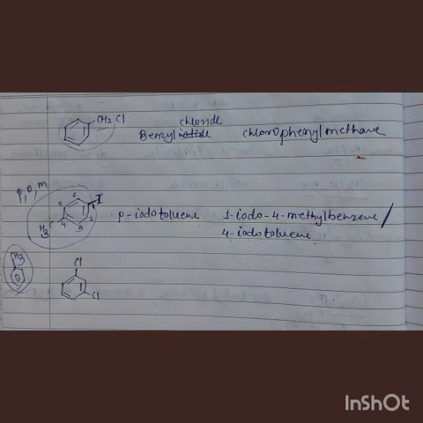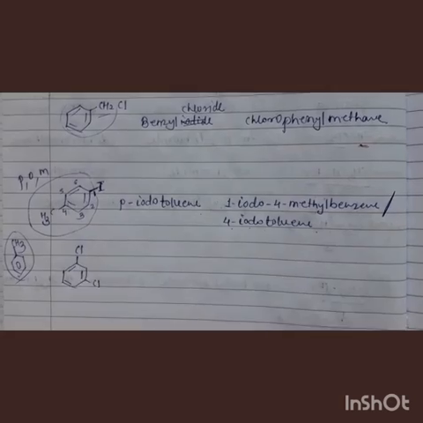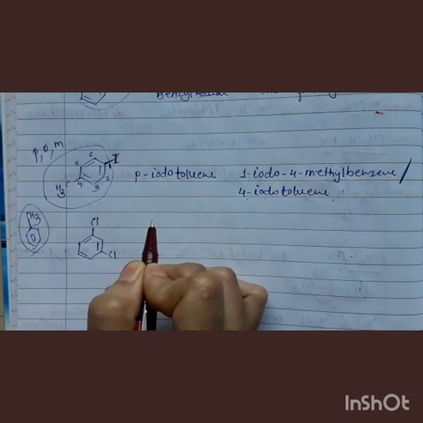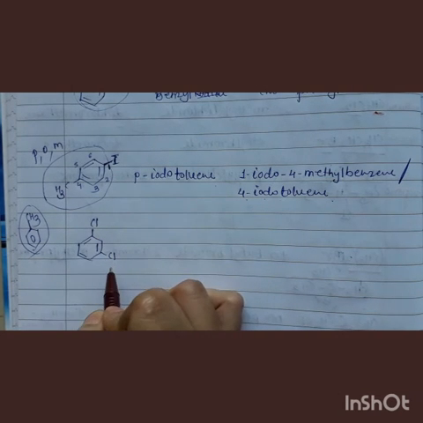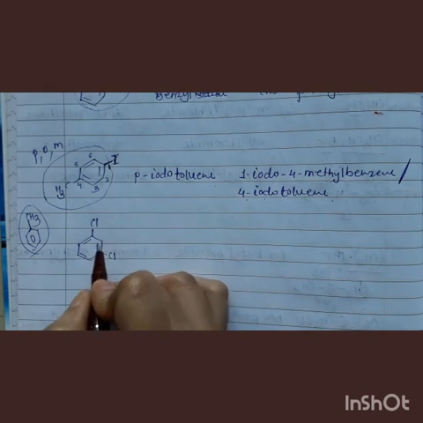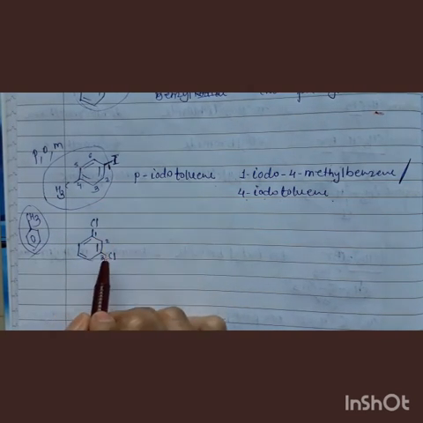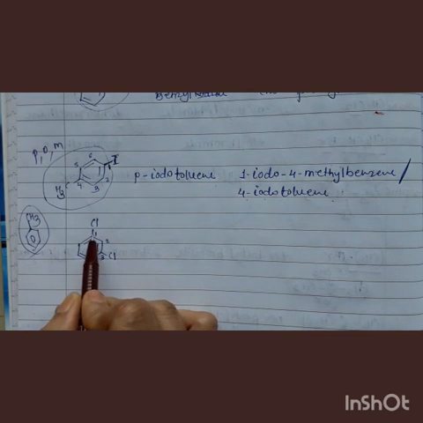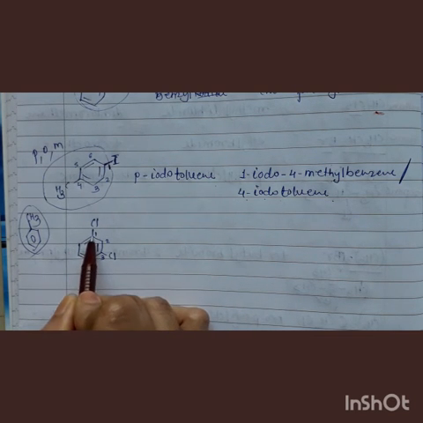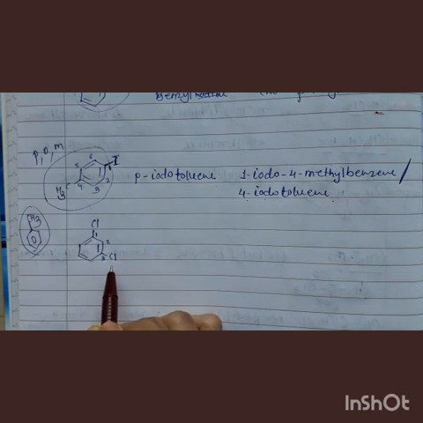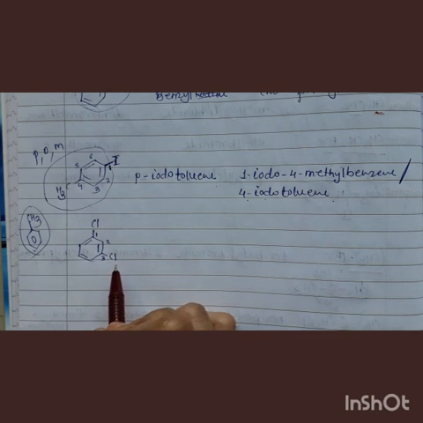Now the last compound. Here the position we have to show, numbering we have to do first, so that both the chlorine atoms will get the lowest possible number. If we start numbering from here 1, 2 and 3, this chlorine atom will get first number and this chlorine atom will get second number. But if you go from here, what will happen? 1, 2, 3, 4, 5. Means 1, 5 position will be there. That means this chlorine atom is getting a larger number. So to avoid that, we will do numbering from this side, so that both the chlorine atoms will get the lowest possible number.